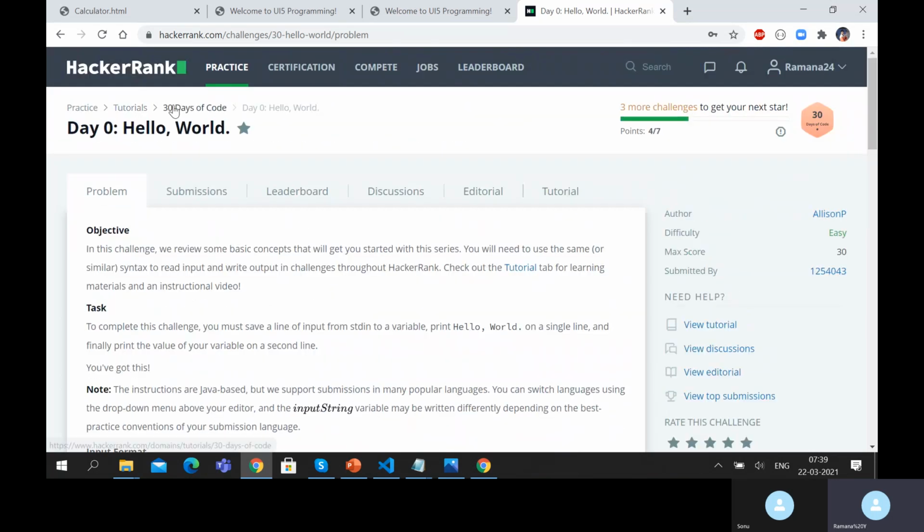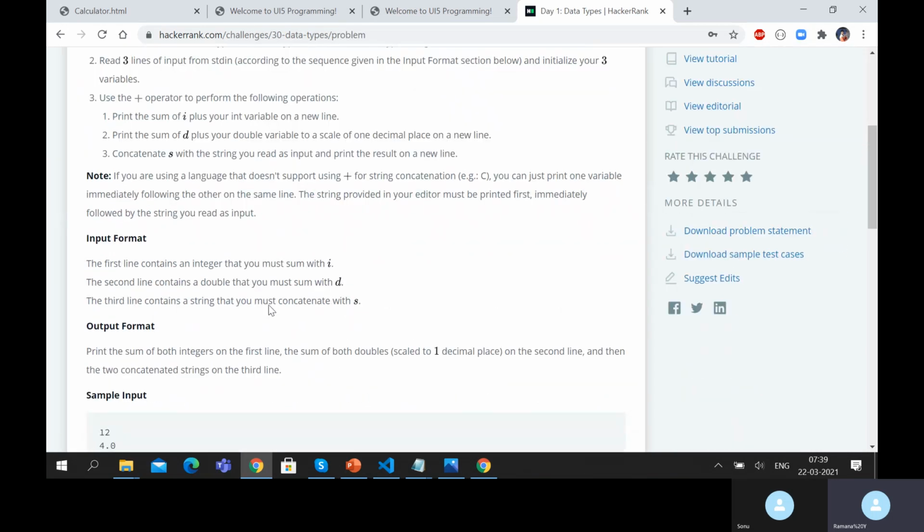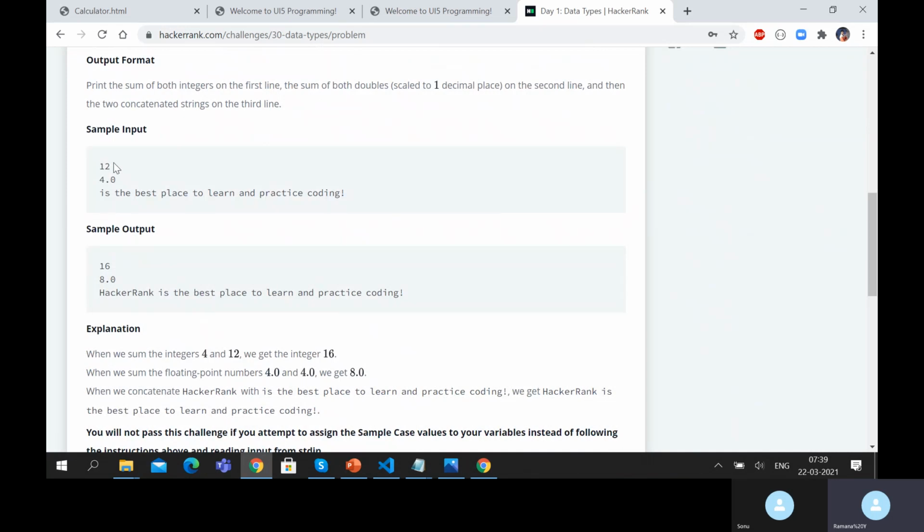But if you go forward for 30 days, every day one challenge it will unlock. One day it will explain about data types. Now we have discussed about equal to, double equal to, triple equal to, right? So it will allow you to practice how to use some functions, etc. So how to handle